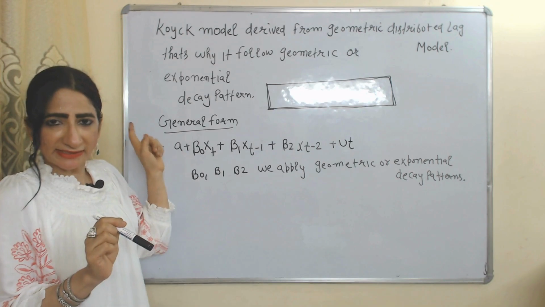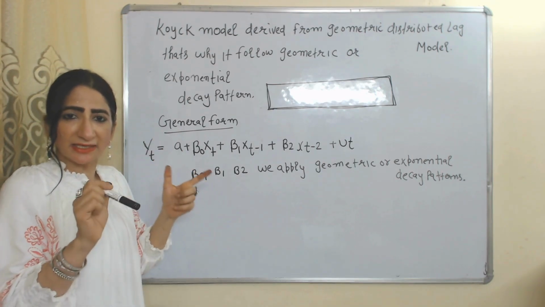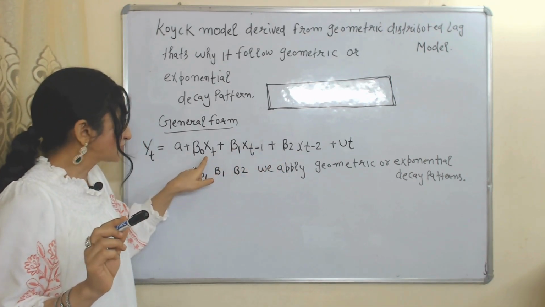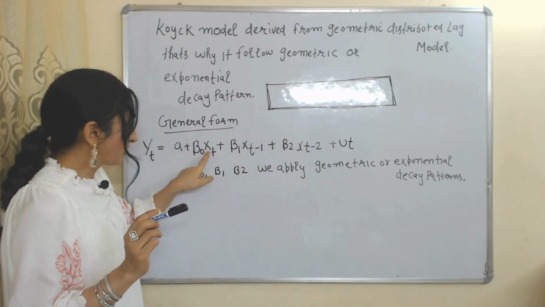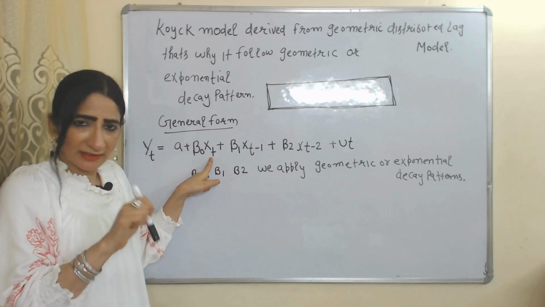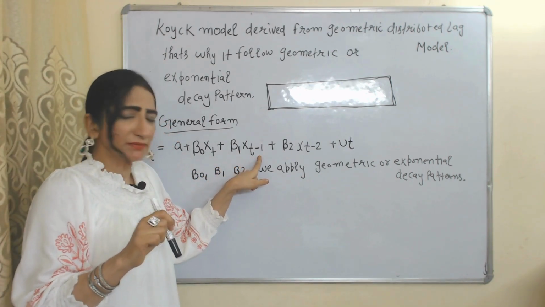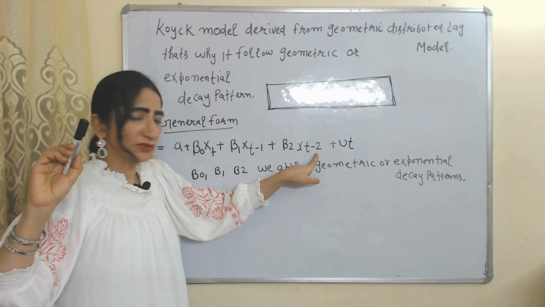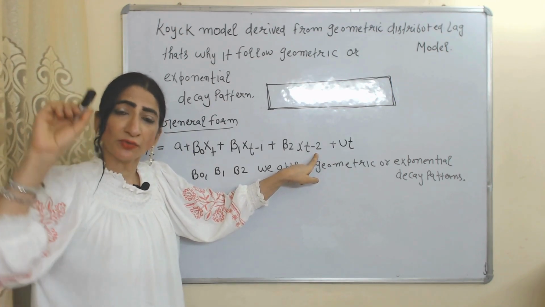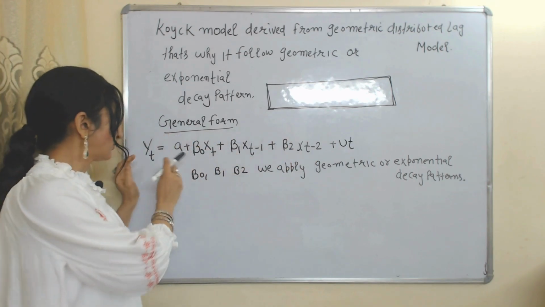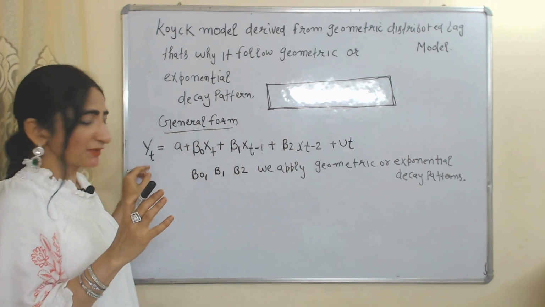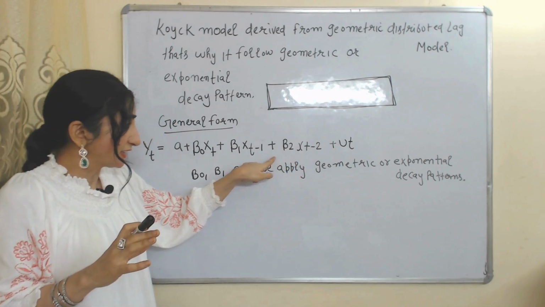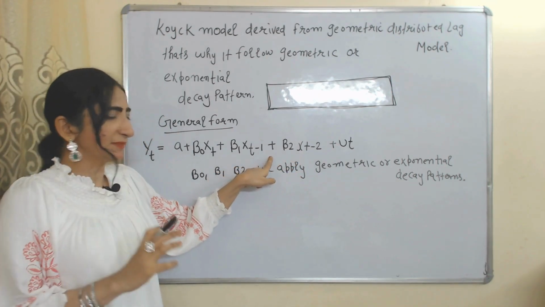As we earlier discussed, Koyck model analyzes the relationship between dependent variable and lagged value of independent variable. So here x is our independent variable. Xt means independent variable at current year. Xt minus 1 means independent variable at previous year. Xt minus 2 means value of independent variable 2 years ago. That's why here we take past year values of independent variable.